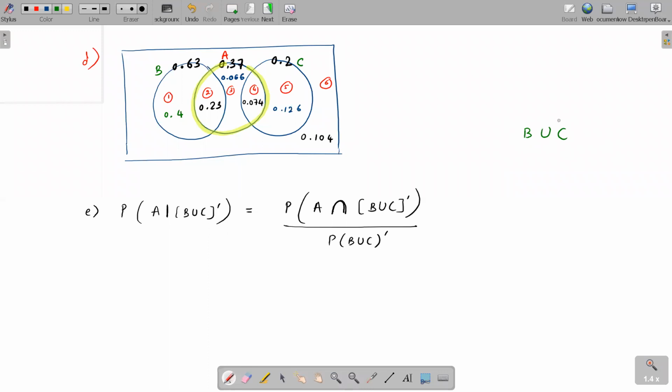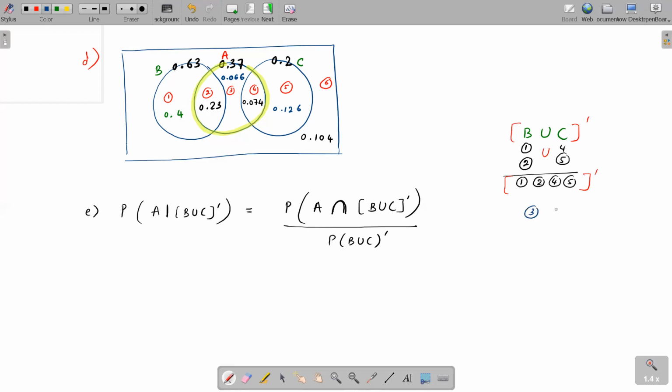What are the regions that you get for circle B? 1 and 2. What are the regions you get for circle C? 4 and 5. So we are taking union here, and union does not need to be common, so take everyone. You get region 1, region 2, region 4, region 5. So this is B union C. However, is that what I want? No, I want the dash of that. The dash of that means I don't want 1, 2, 4, 5. So what are the remaining regions? 3 and 6, right? 3 and 6.